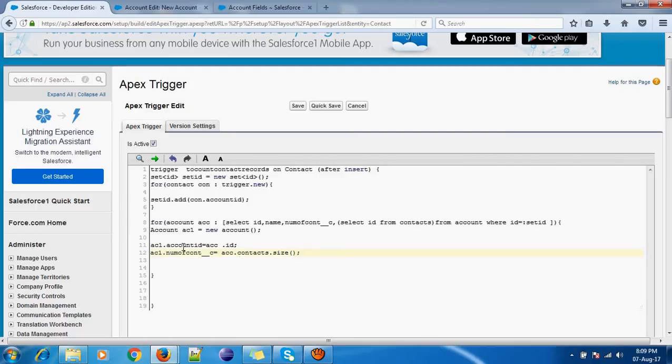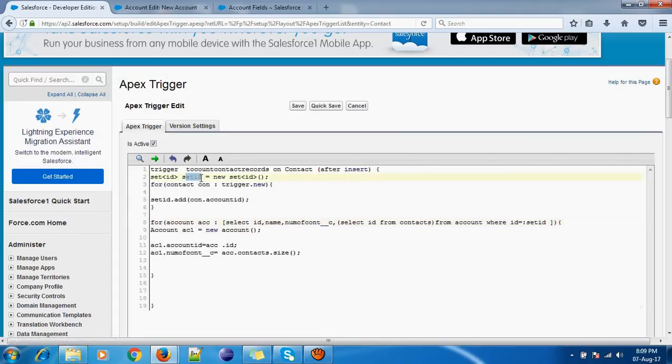So here we are checking if AC1 dot ID, the record ID, is equal to the one which we have stored in this variable. The whole lot of things is saved there, like select ID, name, number of cons, select ID from contacts, from account, where ID in set ID. We have given the criteria.